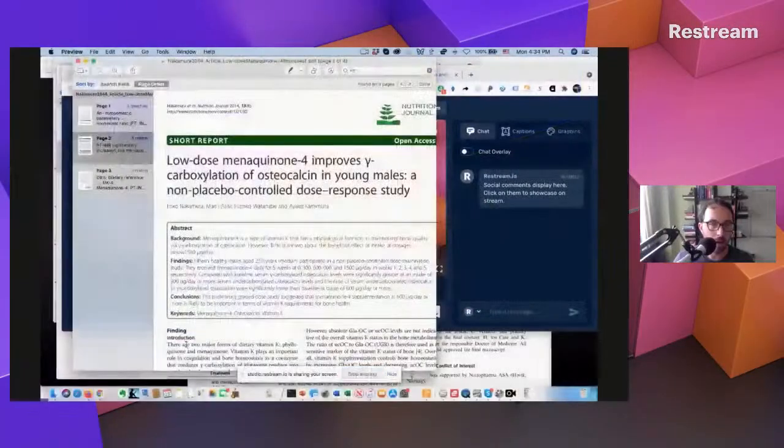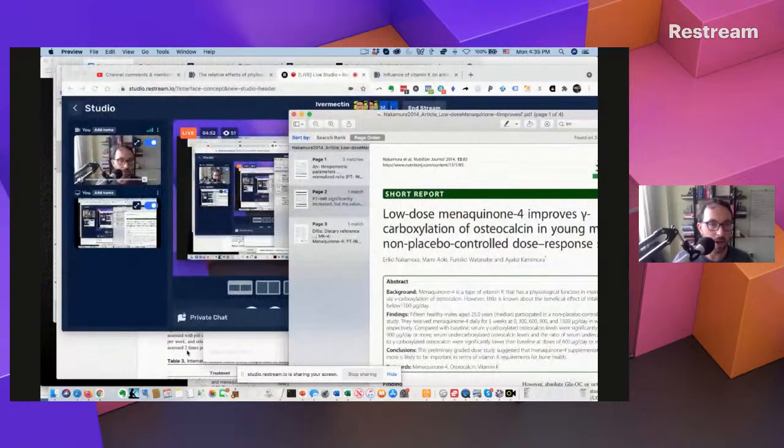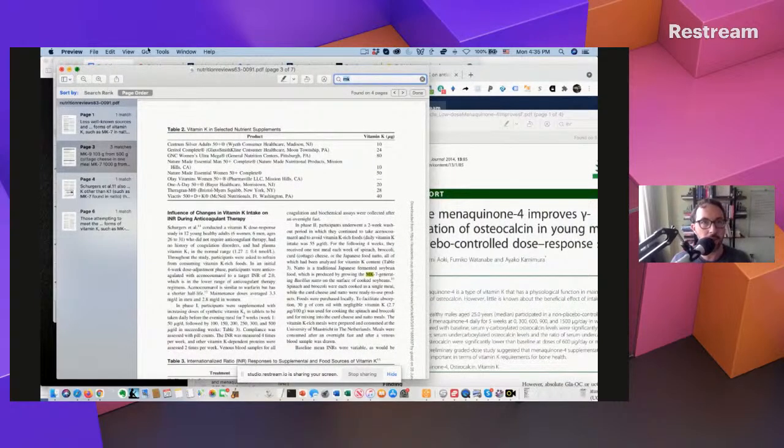Now, if you look for studies in humans, I believe you will find that there aren't any that head-to-head compare K1 and MK4 in humans on anticoagulants to see how they each impact the INR. But we do have those studies for K1 versus MK7. So let's take a look at those. And there's 2 that we're going to look at. All right, we'll do that one second. So the first one we're going to look at